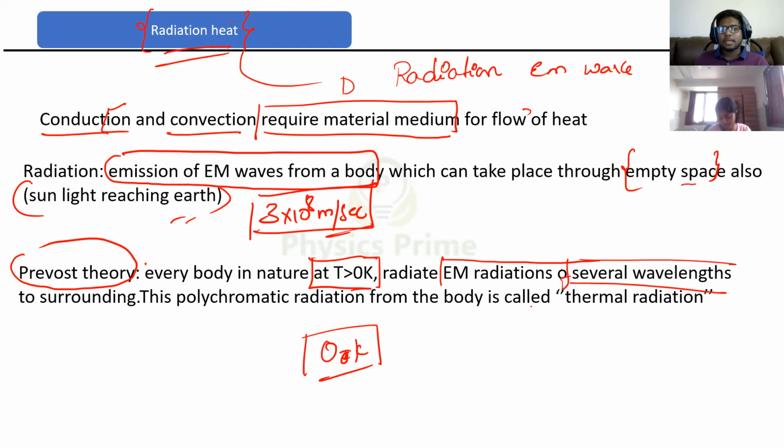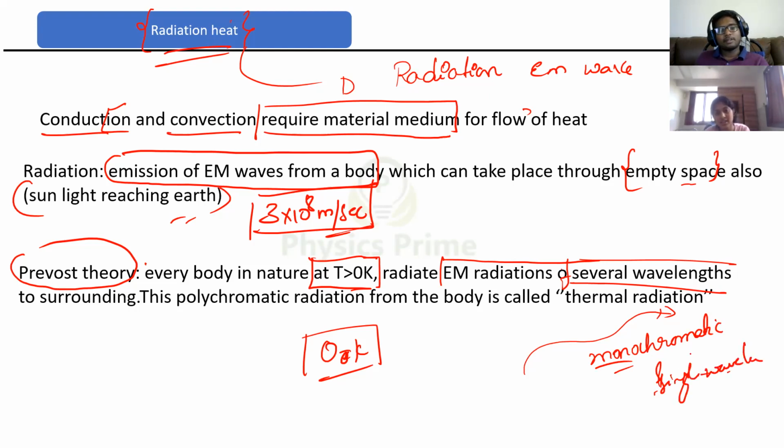Suppose you might have studied wavelength. No, as of now you might not have studied. So every wavelength will have a particular energy. But continuous wavelengths they will emit, not a single wavelength. You might have studied about monochromatic light, right? Monochromatic means single wavelength light. But the electromagnetic spectrum has various wavelengths. Like the infrared, heat also will be radiated in a spectrum of wavelengths.